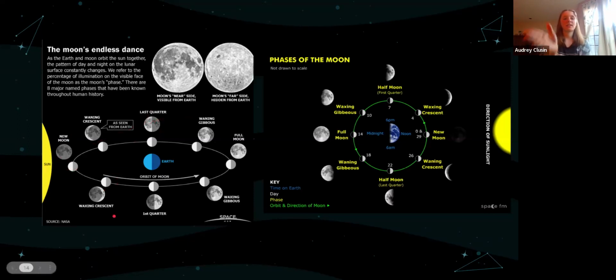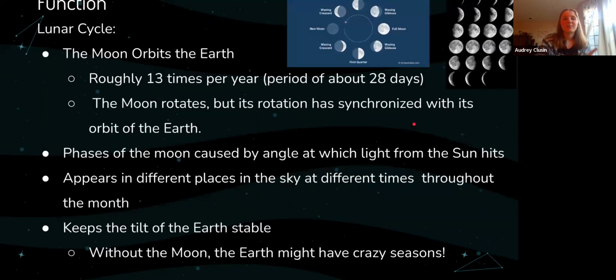When it's half and half, in line with the Earth, you can see half and half. And when it's all the way on the opposite side of the sun from the Earth, it's totally full. You can just study that a little bit, and it makes sense. And the moon orbits counterclockwise, and the Earth also orbits or rotates counterclockwise, which is a fun fact. They're like synced up. I'll talk about that in a minute, actually.